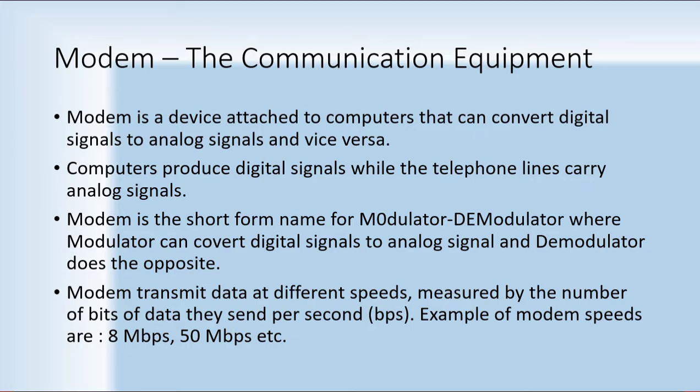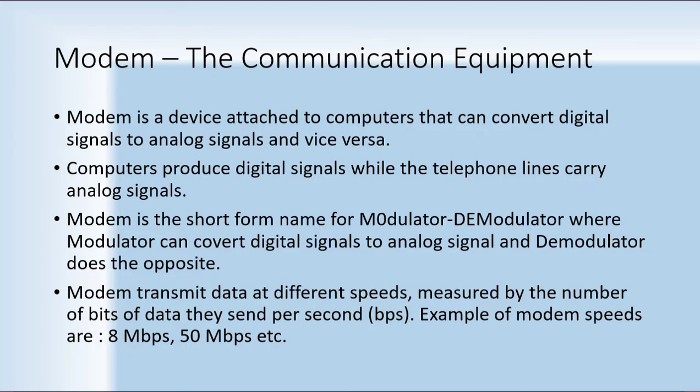So these digital signals need to be converted into the analog signals so that they can be transmitted from one place to another. That is the basic need of the network, to communicate from one medium to another medium or to transmit the data from one place to another place. The purpose of the network is this only. But this transmission is not possible with the digital signals, so it needs to be converted into the analog signal, and this conversion is done by the modem.